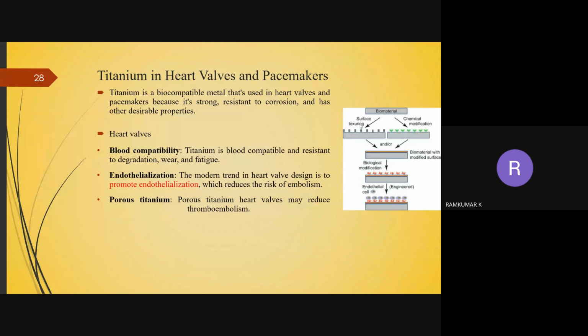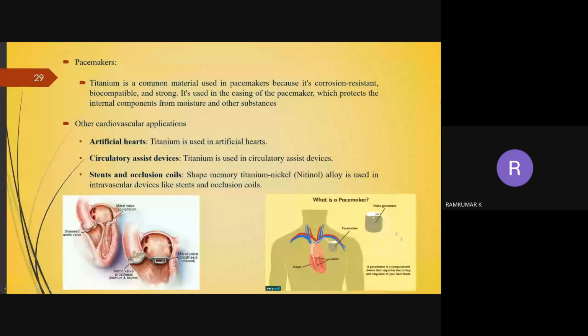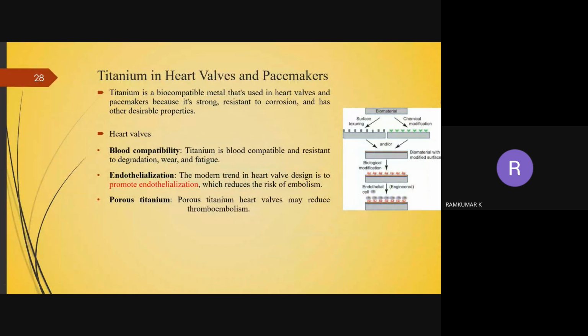So, titanium in heart valves and pacemakers. Since titanium is strong and resistant to corrosion, it is used in heart valves and pacemakers. Titanium has blood compatibility and resistance to degradation. The next one is about